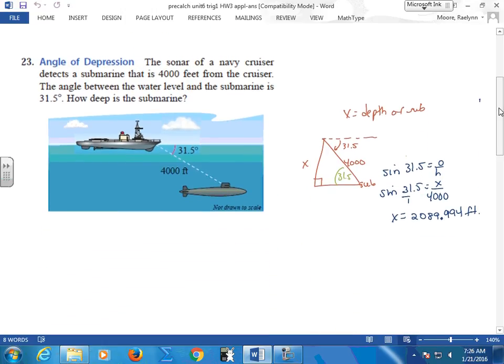This guy, it's kind of a nice little diagram for a little right triangle. Drop your right triangle in there. They want to know how deep is the submarine. So the depth here, the depth is from the top down. So there's your right triangle. Okay. And remember this angle of depression, because